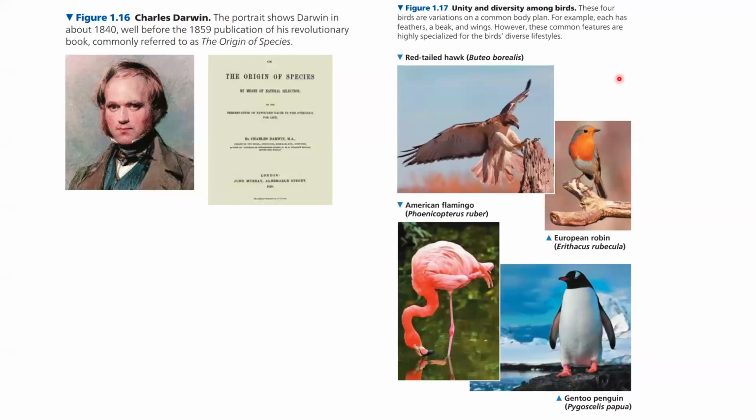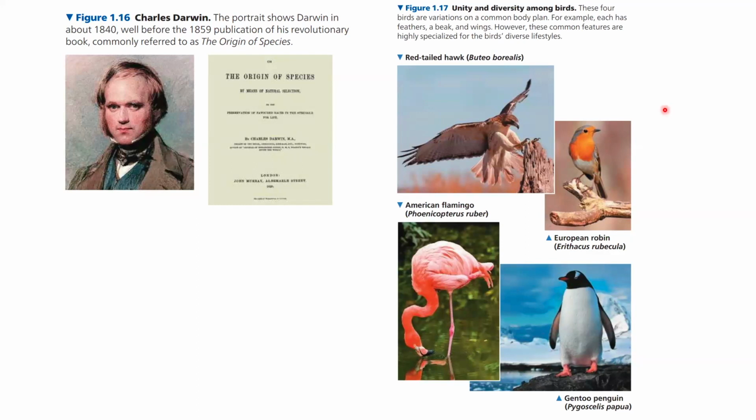So this is an example of evolution at play, where these four birds are variations on a common body plan. For example, each has feathers, a beak, and wings. However, these common features are highly specialized for the birds' diverse lifestyles. So there's commonalities in terms of all the birds having wings, but as you can see from the figure, there's this specialization where they all have wings, but how the wings function is different in